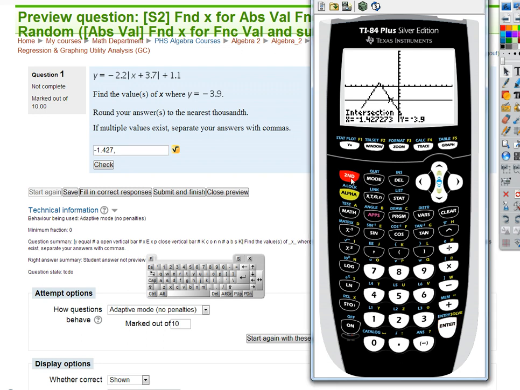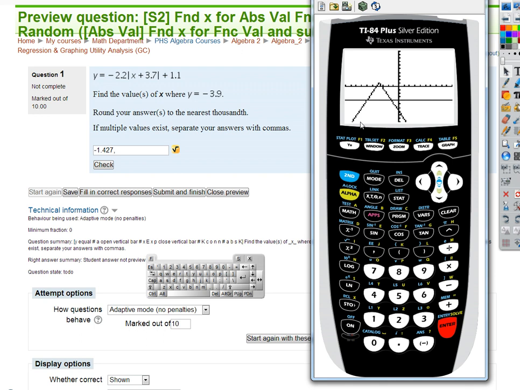So second, calc, 5, double enter. And then when it says guess, now I've got to trace over here somewhere next to that one. So 1, 2, 3, 4. You guys can just hold that thing down. It's way easier on the actual calculators. Okay, that's probably close enough. And I can find out when I enter that guess. Okay, it worked. It put the cursor on that intersection, the one that I wanted, and those are the coordinates,